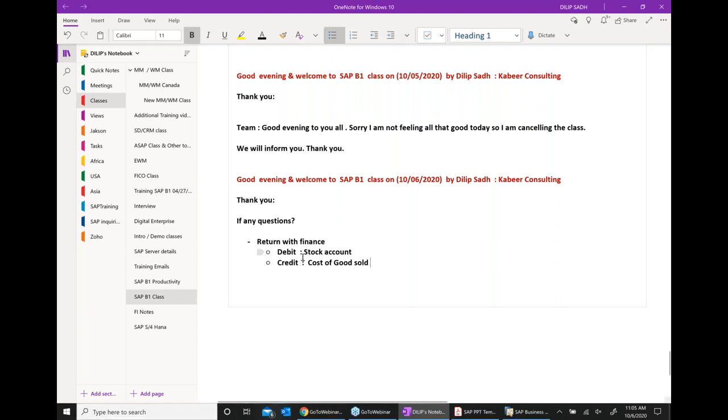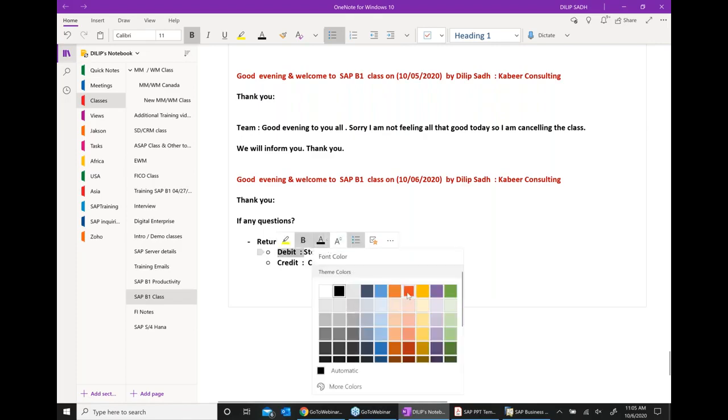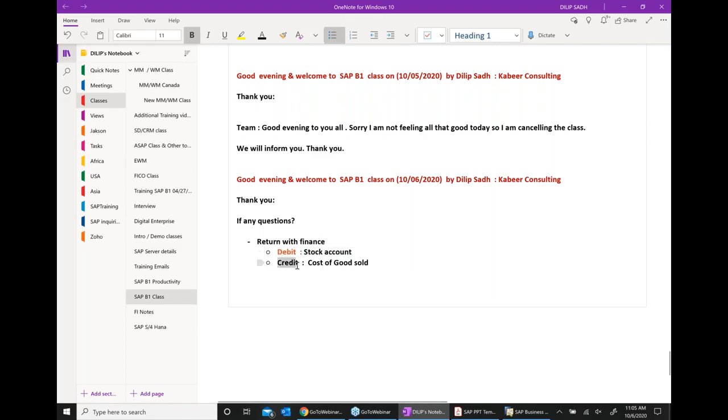Make a note of this. These are the financial postings that happen at the time of returns that you need to know. This is an interview question. This is a certification question. And what kind of entries you will be doing at the time of inventory, at the time of returns. And this is the returns integration with the finance. These integrations are always important.